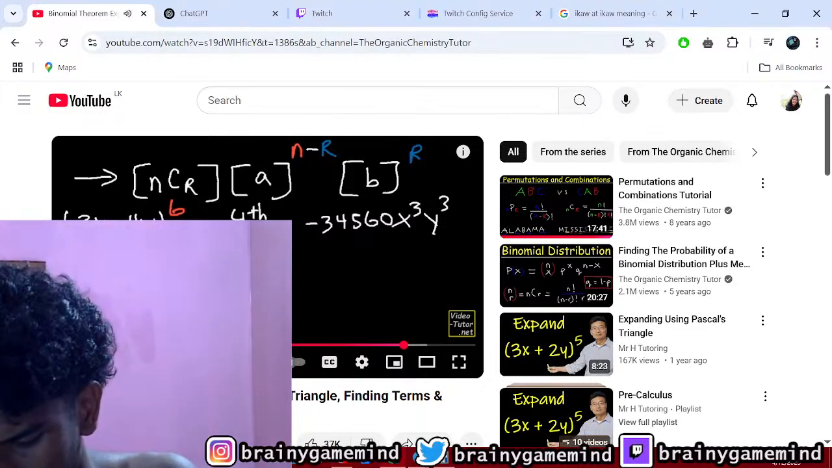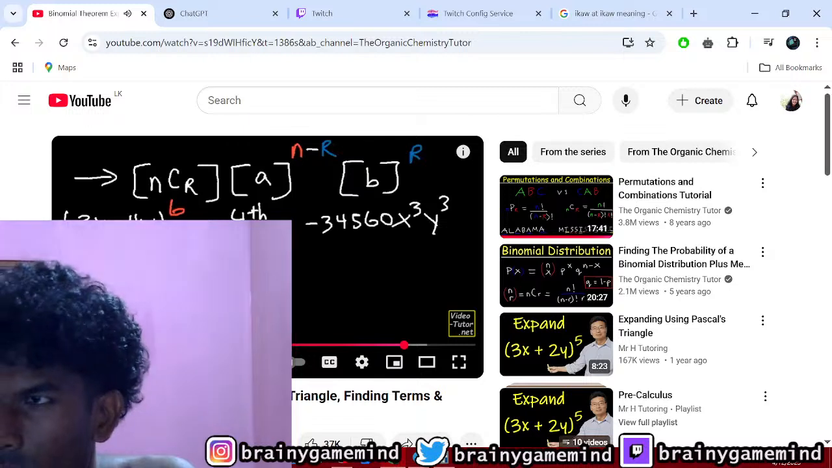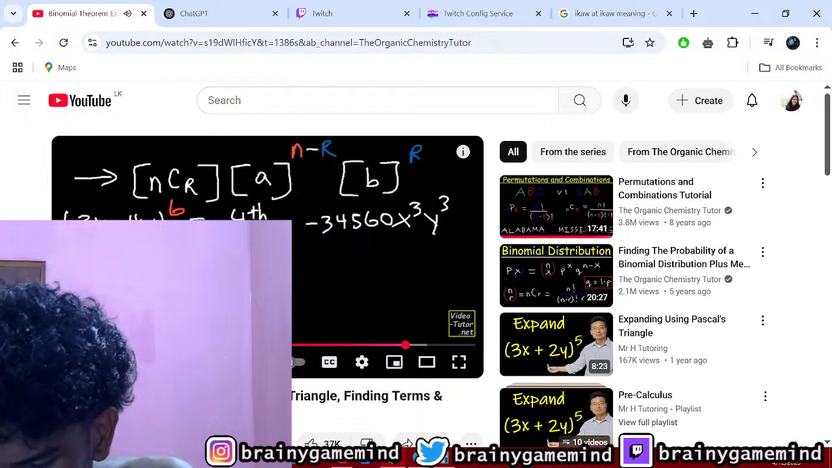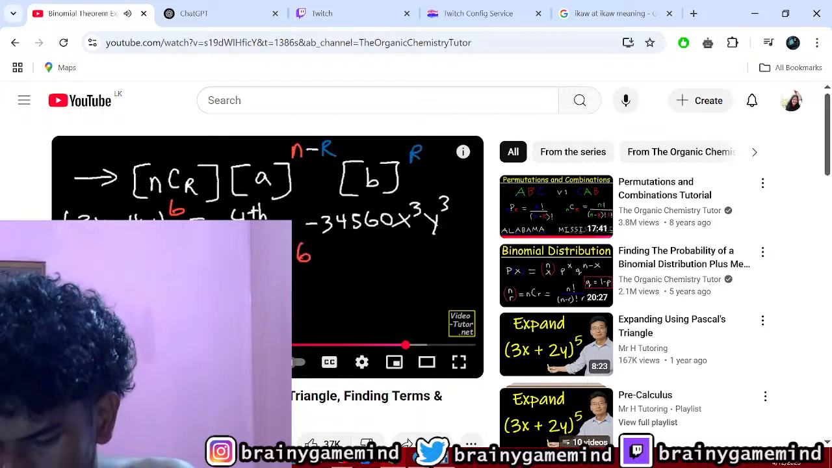Find out what is n and what is r. N is basically the exponent that you see here. So n is equal to 6. Now what